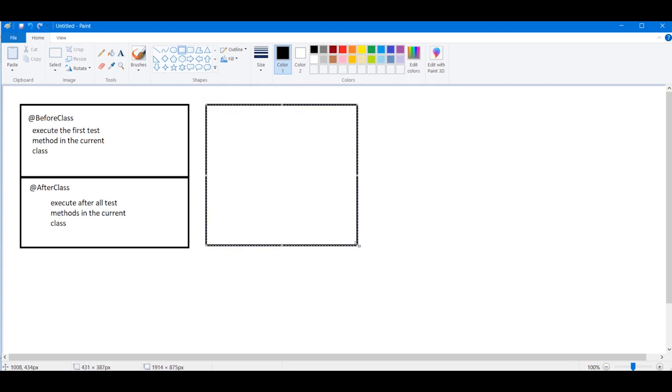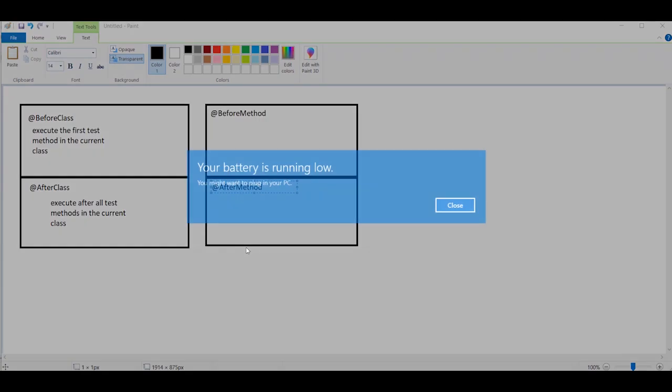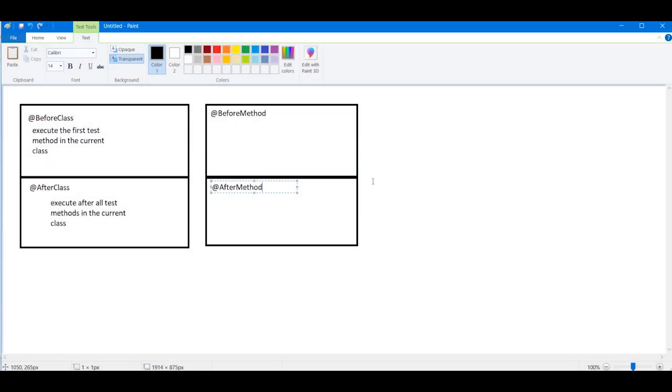Another thing is your BeforeMethod and AfterMethod. What do they do? BeforeMethod and AfterMethod run before and after the execution of each test method.